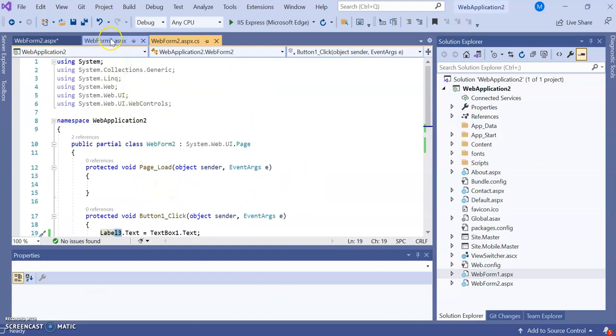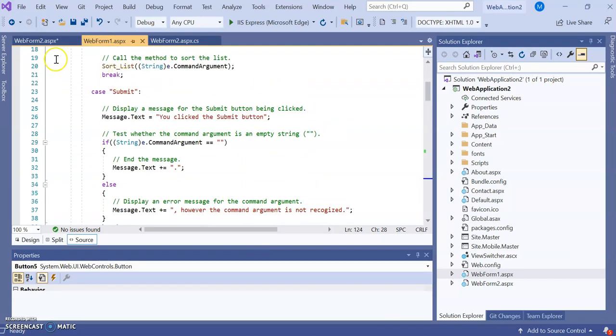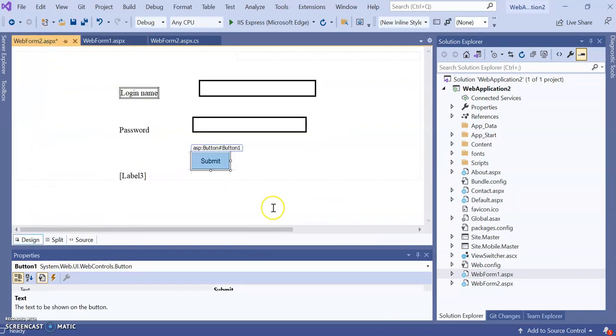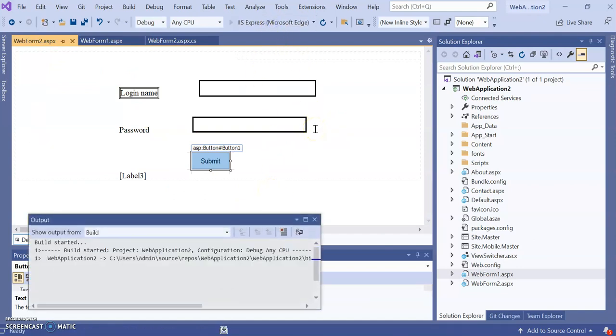Okay, let's run this program, WebForm2. It takes some time.